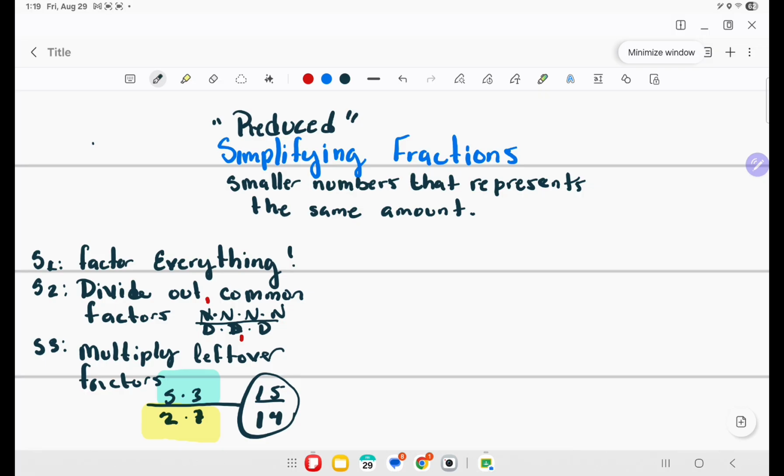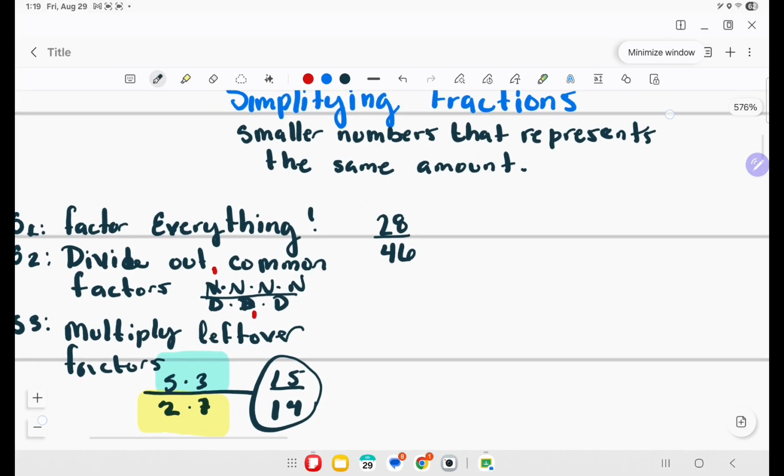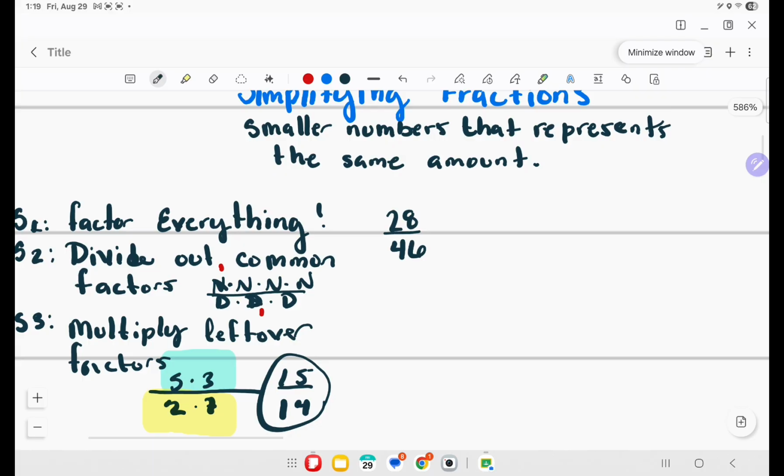All right, let's start it off. If you had a problem and it said, I don't want to do that one. Let's do 28 over 46. All right, 28 over 46. Rule 1 says do what? Factor everything. So you come to the side,